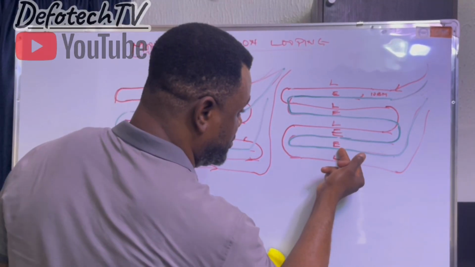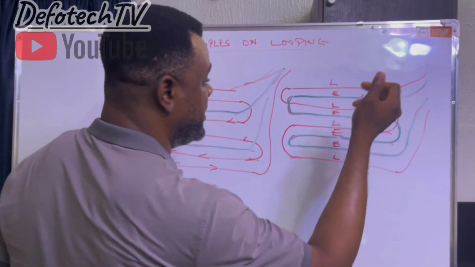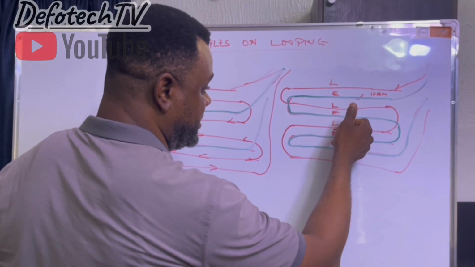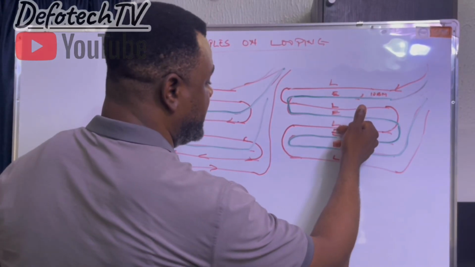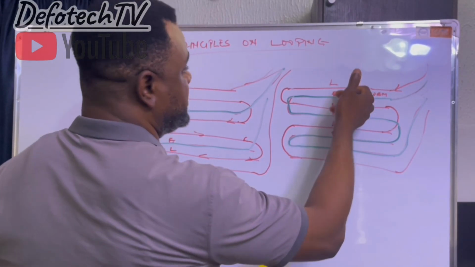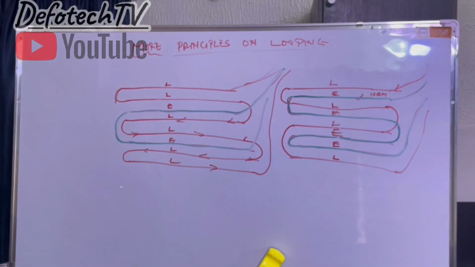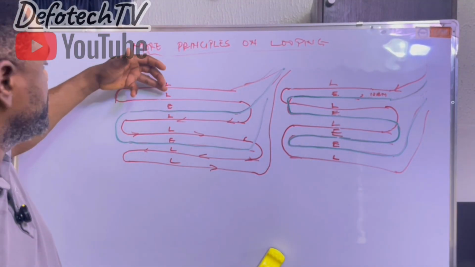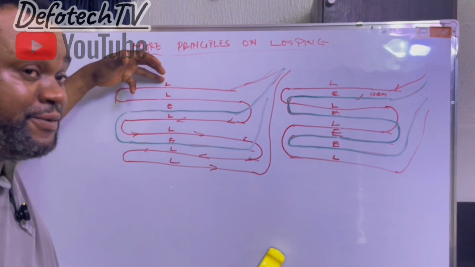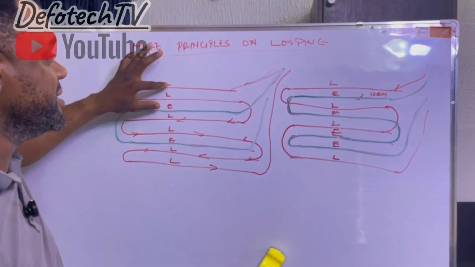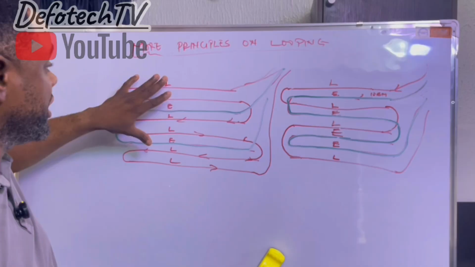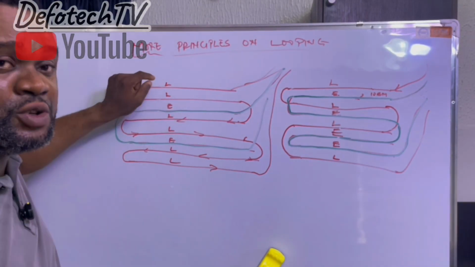This is closer to the earth. This live is closer to this earth. Then this one closer to this earth. This is closer to this earth. So this live is also closer to this earth. But for this, we have this one. This might be a little bit farther, but still, because it's a live wire, you want to try as much as possible to avoid it. Yes, here you get